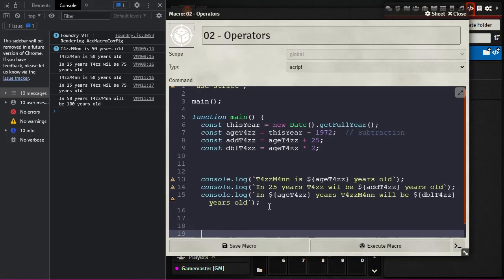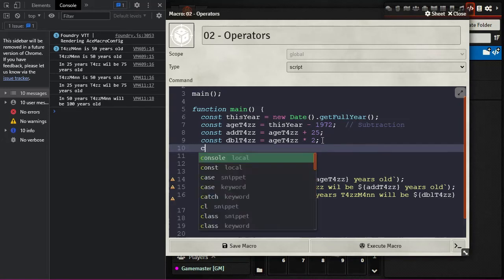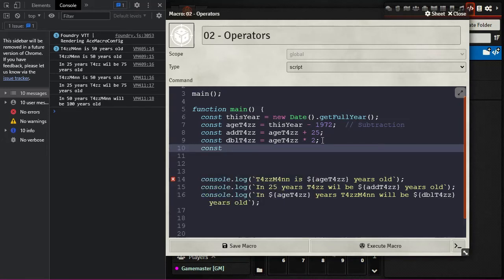All right, so I'm going to hit a couple enters here. Let's go ahead and do our next one, which is division. Now, division also, there is no actual key for division. If you've used computers like the calculator on the computer, you'll know that it uses the slash, not the backslash, but the forward slash. So let's go ahead and say const, and let's do halfTaz maybe. Trying to keep in mind, we're almost 30 minutes. I want to get through these different things real quick. So let's do halfTaz equals,